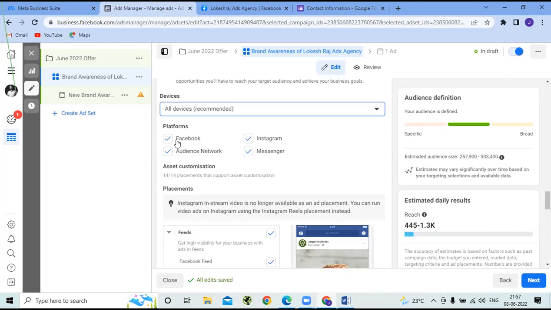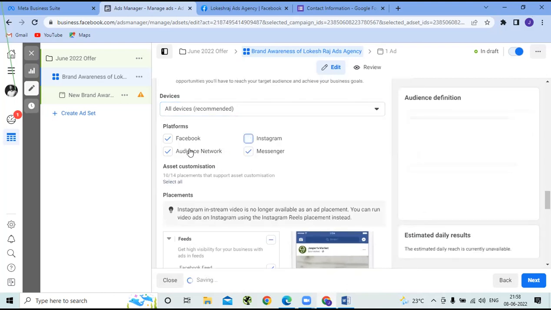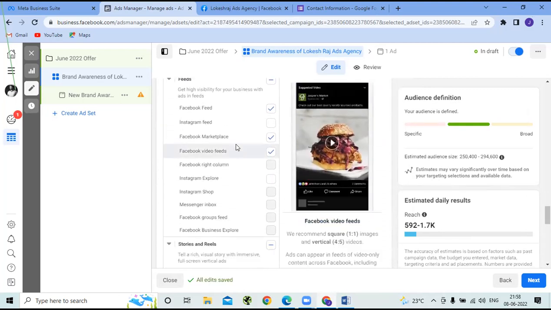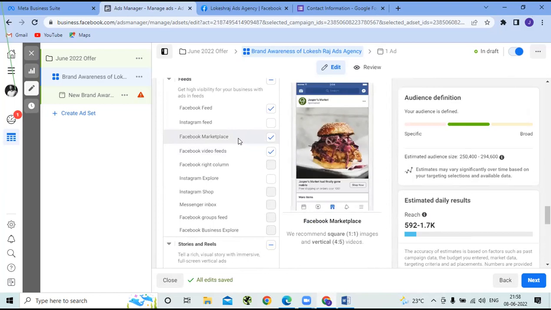सो वैसे ही आप कौन से प्लेटफॉर्म पे एडवर्टाइजमेंट्स को रन करना चाहेंगे, यू कैन चूज विद दिस प्लेटफॉर्म्स। मैं सिर्फ फेसबुक पे ही रन करना चाहता हूँ, इंस्टाग्राम पे नहीं, then you can untick this options. Okay, so you can choose it and you can see on what all the places you can run it and how it looks like. आपका जो कुछ भी एड आपने क्रिएट किया हुआ है, किस टाइप के स्क्रीन पे किस तरह का डिस्प्ले होगा, यहाँ पे आप देख सकते हैं।